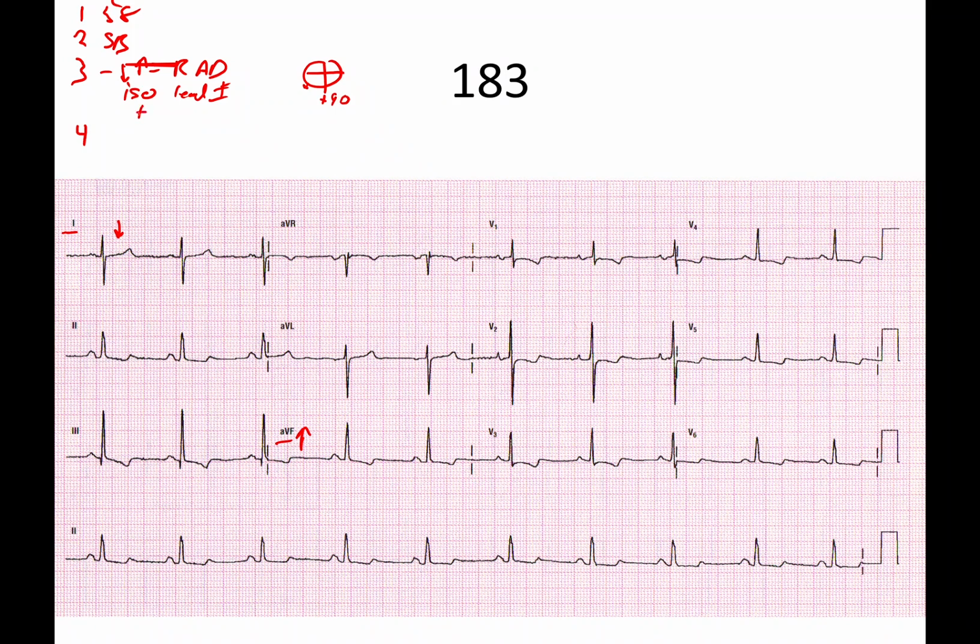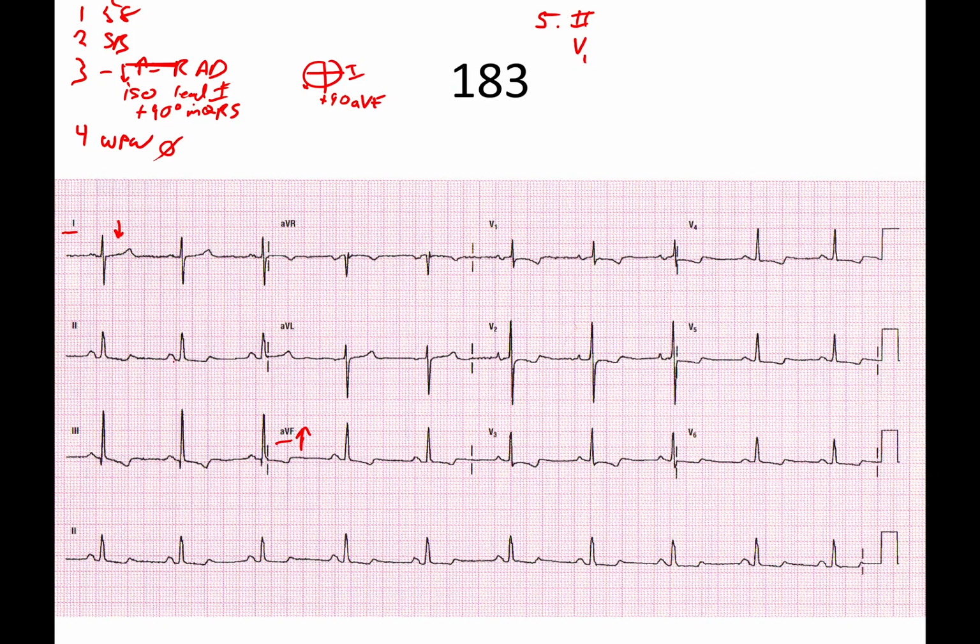Degree mean QRS. And again, I apologize. I keep calling lead AVF lead 3, and that's my fault. AVF is down here. So plus 90 is our score for that. Number 4 is Wolff-Parkinson-White. Any delta waves at all, things of that nature? The answer is nope. For 5, we're going to look at lead 2 and V1, and we're looking for peaked P